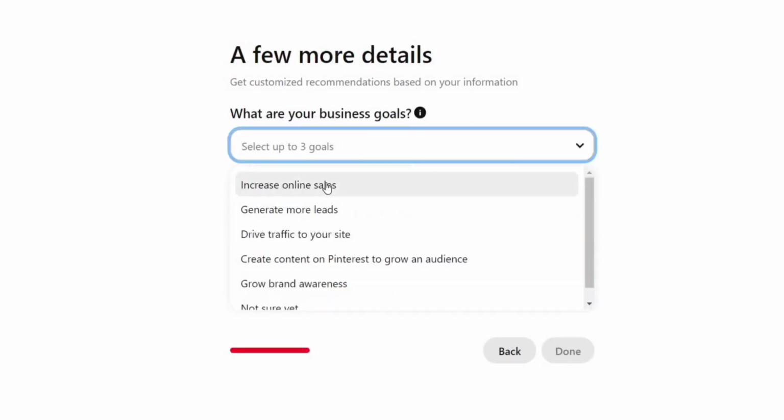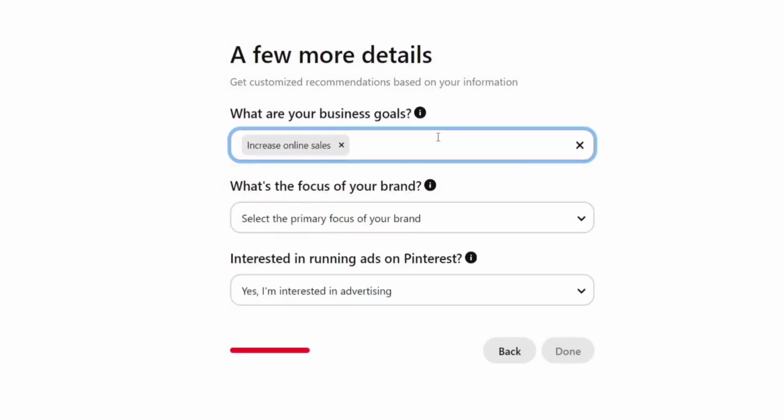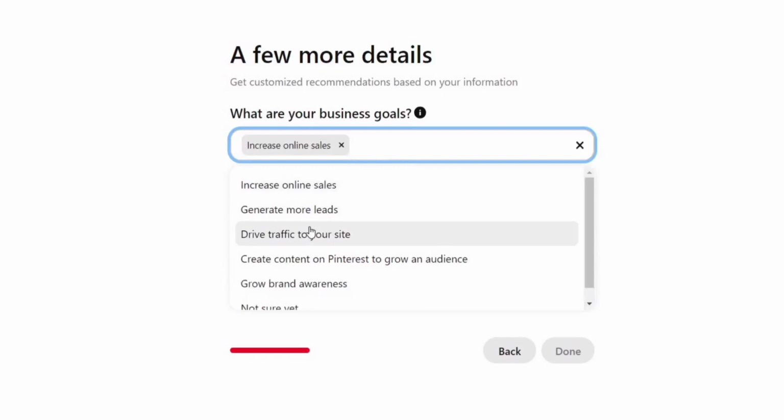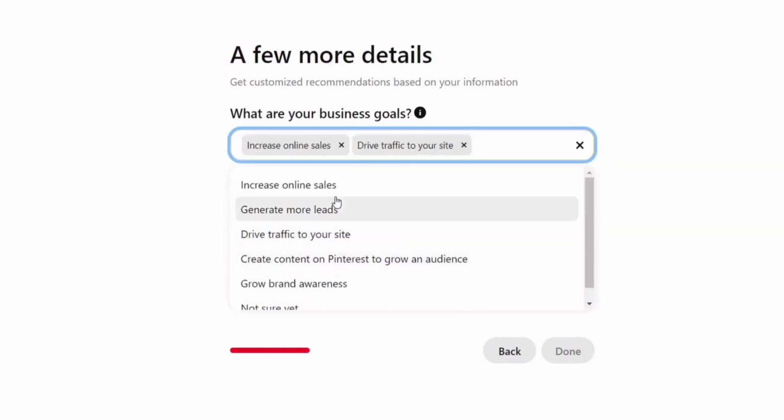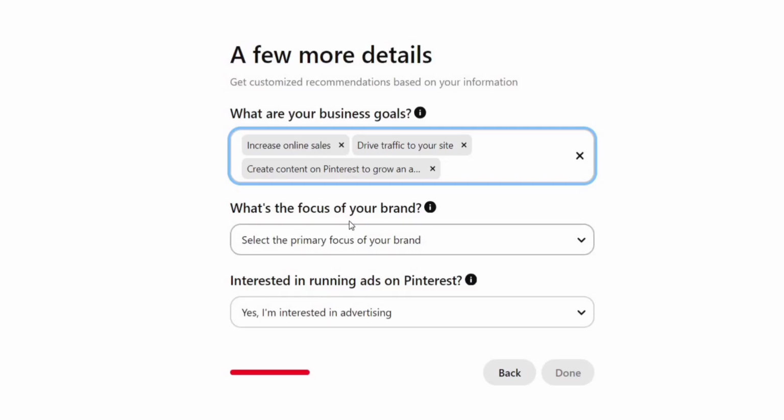So just click on this, increase online sales, select as well. Click on where it says drive traffic to your site. You can click on this as well, and you can find lots of stuff right here. If you want to create content on Pinterest to grow an audience right there, you can click on this. If you want to generate more leads, you can click on this and select anyone that you actually want right here. So I'm going to click on here,